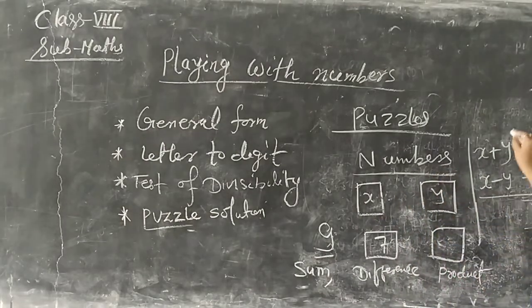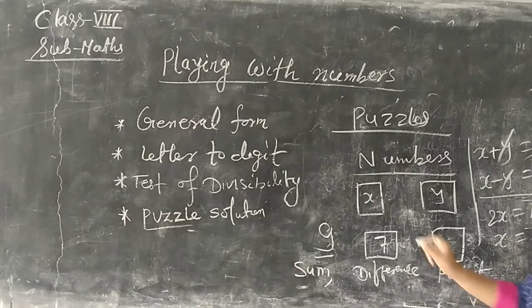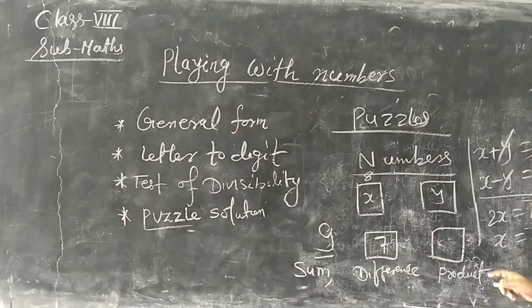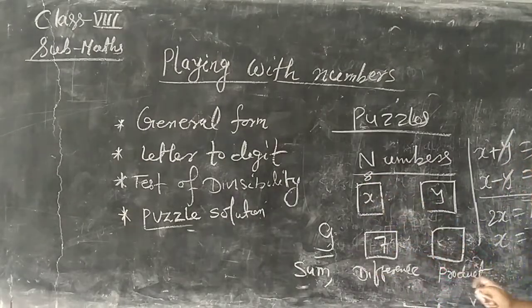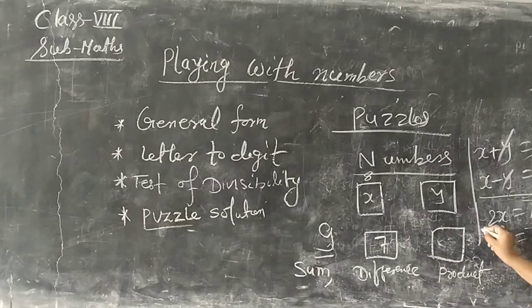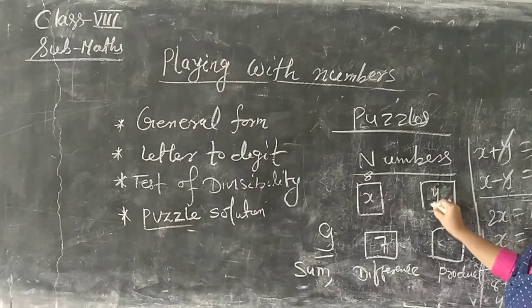So we add, y cancels, 2x is equal to 16. So x is equal to 8. We find out x is 8. And if x is 8, what is the value of y? We apply the rule. x plus y is equal to 9, equation 1. We put the value of x: 8 plus y is equal to 9. And we find the value is 9 minus 8 is equal to 1. So y is 1.